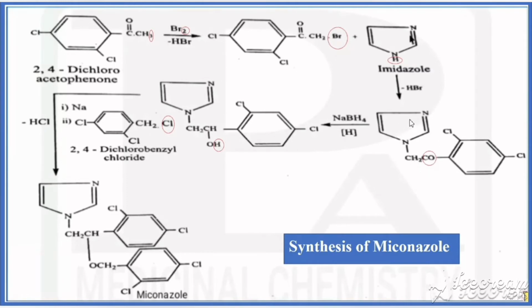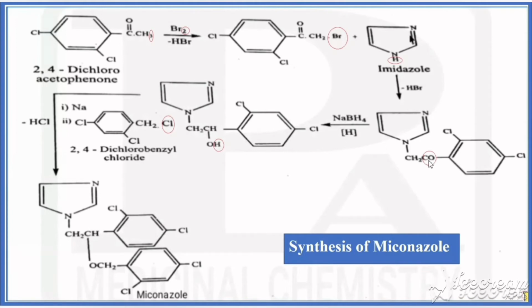Now here we have CO, no? CO attached with this ring. That is the ketone. Now we are going to reduce the ketone, by using sodium borohydride. What you are getting? Already we have seen in so many classes, primary alcohol on oxidation we are getting aldehyde. So the reverse, aldehyde on reduction we are getting primary alcohol. Similarly, secondary alcohol on oxidation we are getting ketone. So ketone on reduction we have to get secondary alcohol.